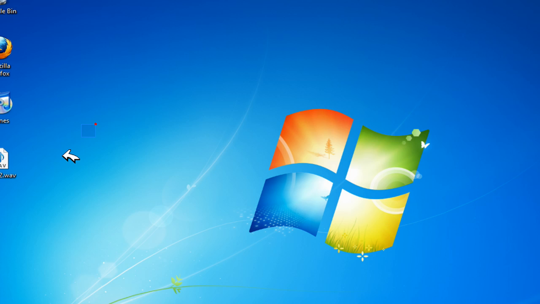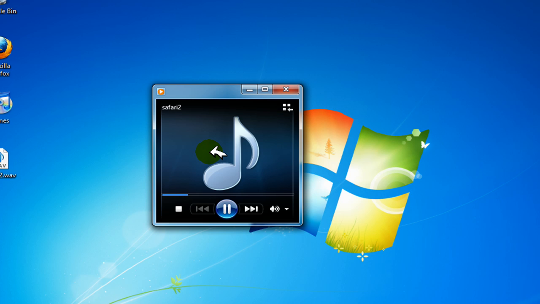So I have this random document here. It's a small music file. It's not that large, and as you can see, it's just 2 seconds. So I'm just gonna play this here just to see if it works. Okay, so